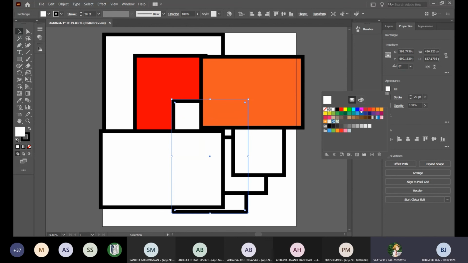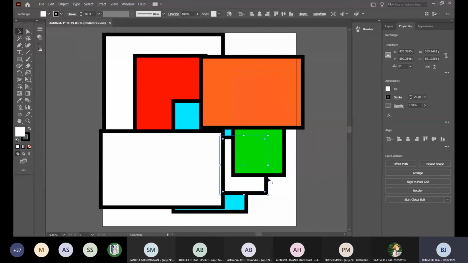Blue. Which blue? We have multiple blues. Light blue. Okay, I put cyan if that's a shade of blue. Now, what do I put here? Green. Yeah. Okay, green is in.